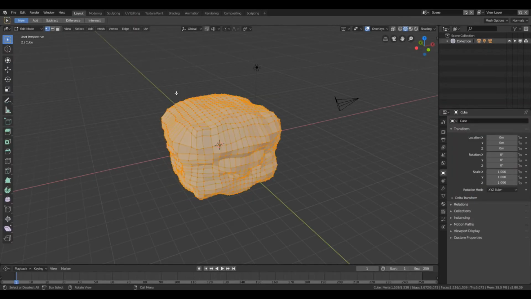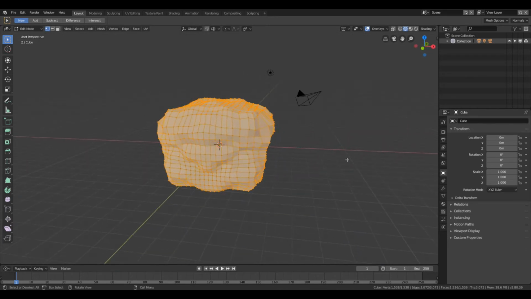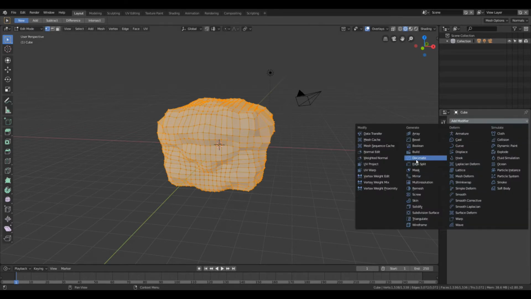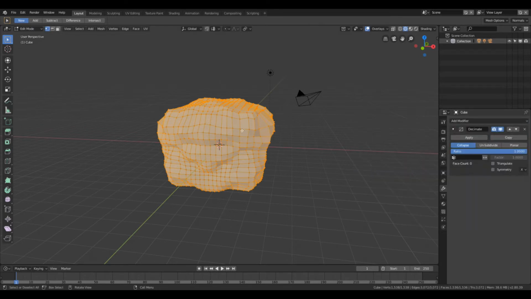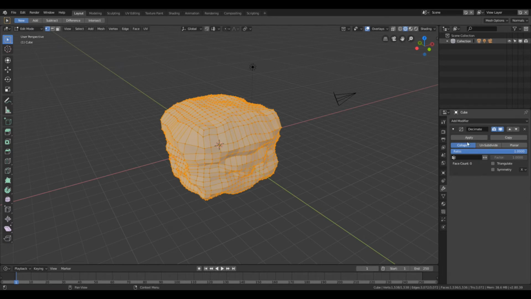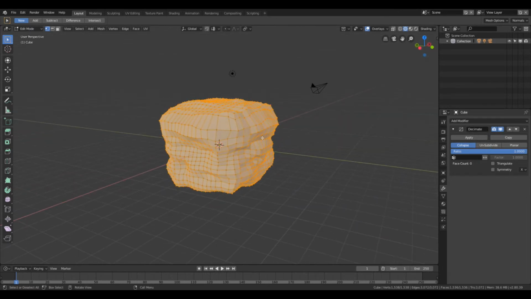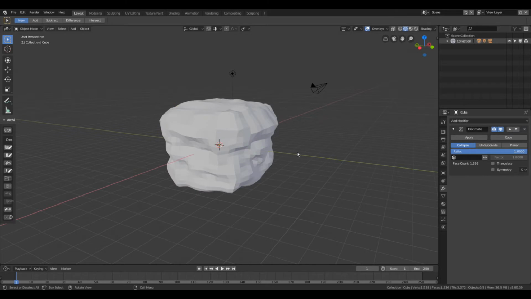So in layout, you want to go back to edit mode. Okay, click on this little tool here. It's a modifier, so we're going to add modifier and decimate. What decimate will do is subtract times 10 or whatever your ratio is, and we're going to click back over into object mode, and we can collapse this down and see it in real time